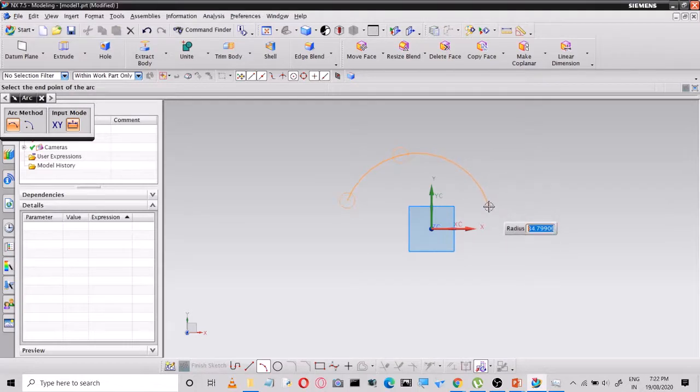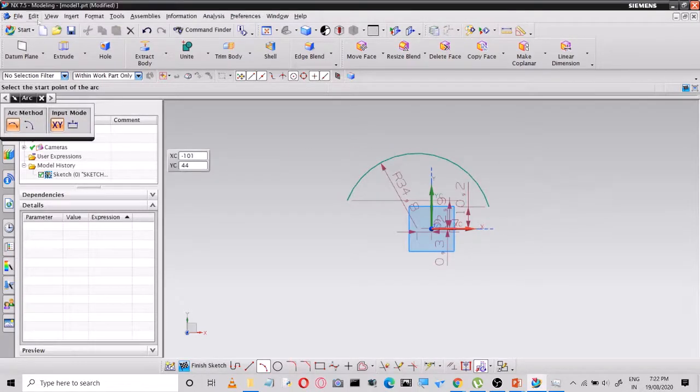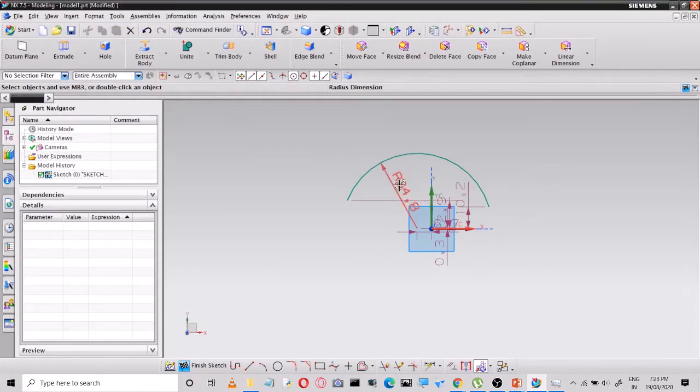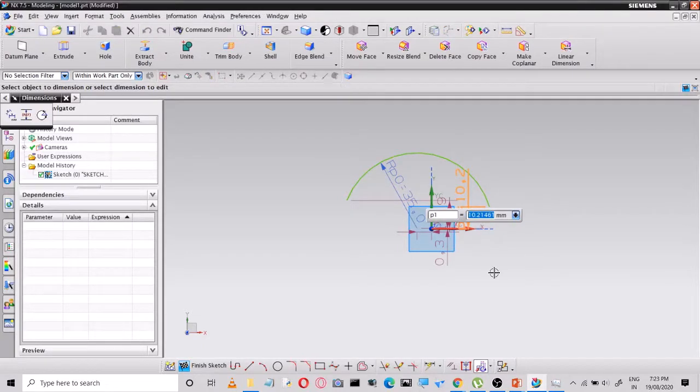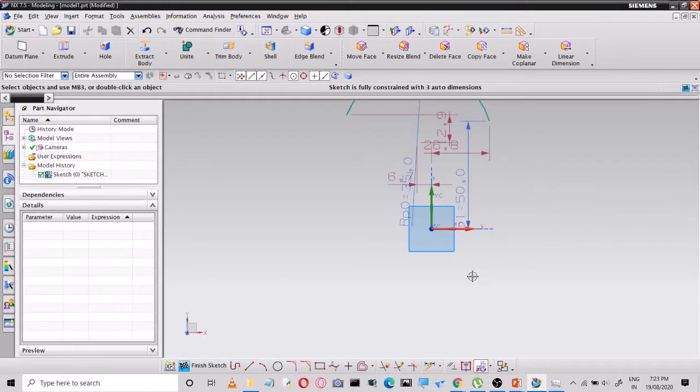So you can alter the dimensions. Suppose if you want to change the dimensions, you can alter. So here it has taken all dimensions with respect to your coordinate system. Just look out here.